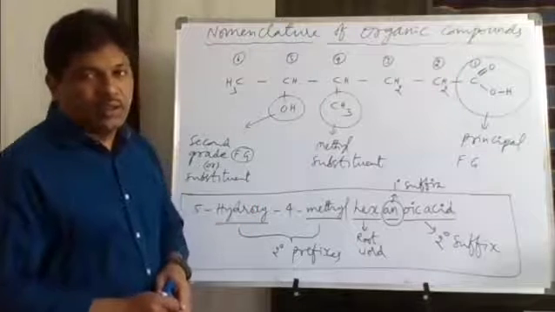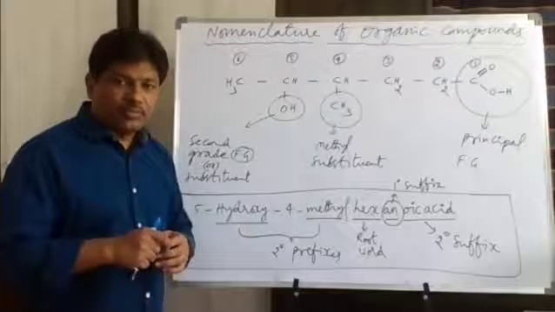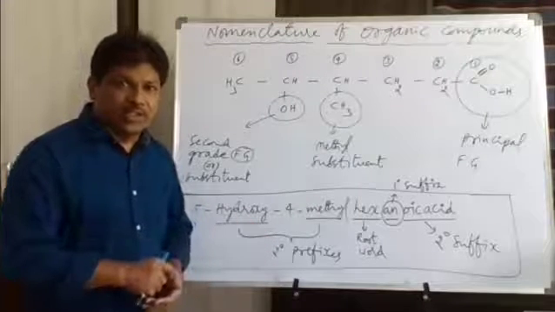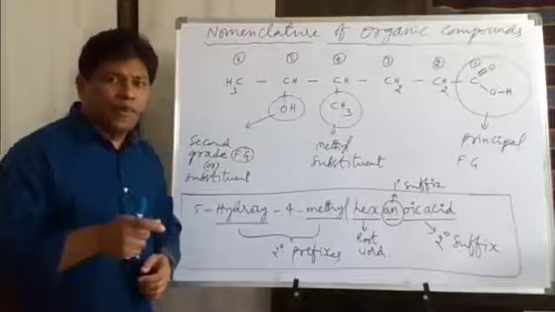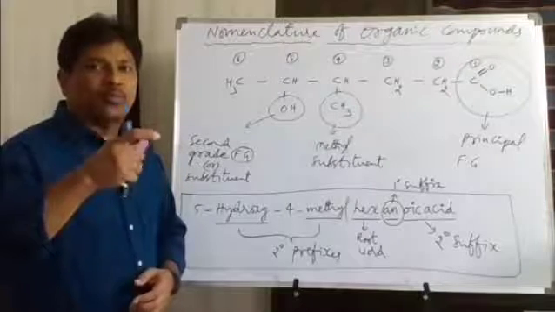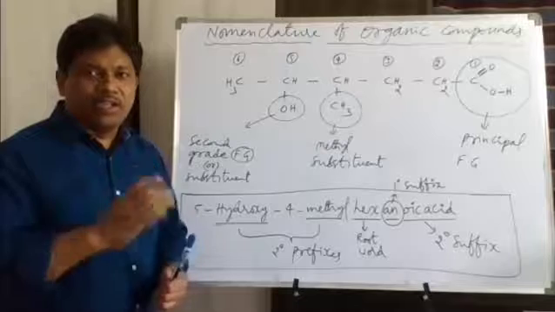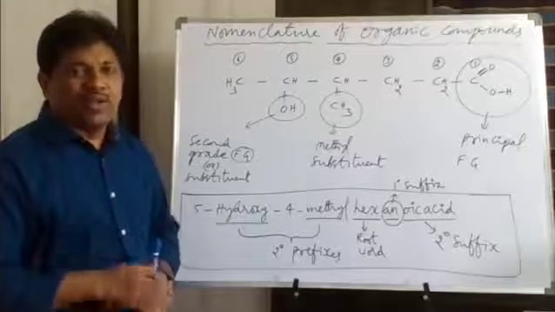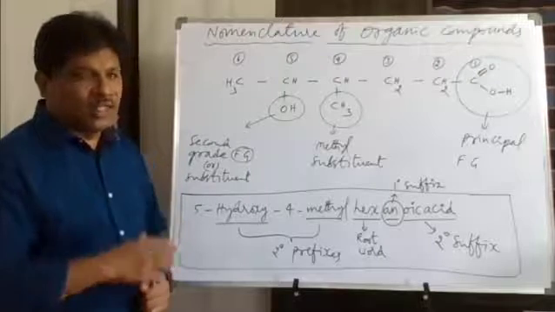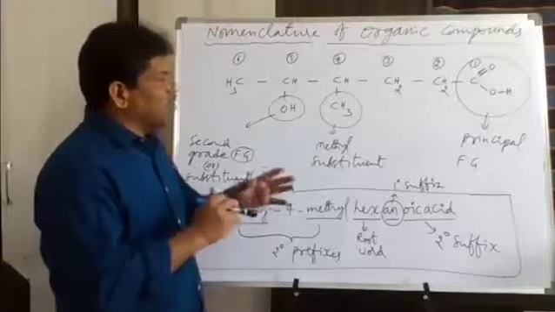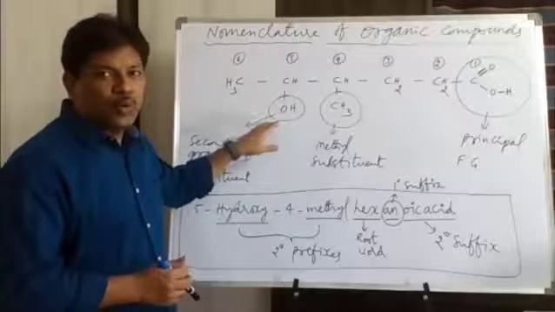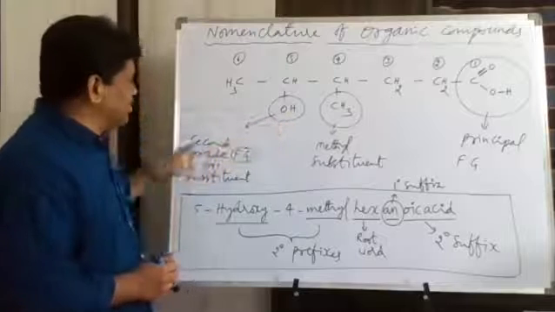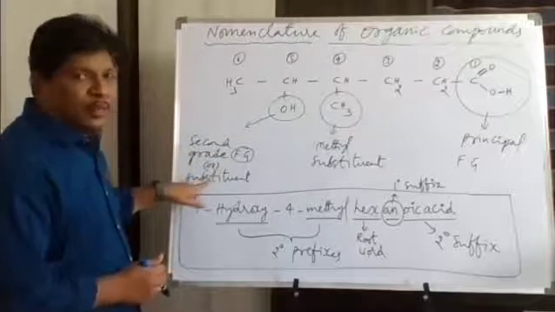Keep this point in mind. Different functional groups will act as principal functional groups at some times and second grade functional groups at other times. A functional group acts as principal if it is more senior, with more priority than the others. When you study the seniority or priority table, you'll understand which is more senior than which. For the time being, remember that whenever COOH and OH groups are both present, the COOH functional group acts as the principal group and the OH group as the second grade functional group or substituent.